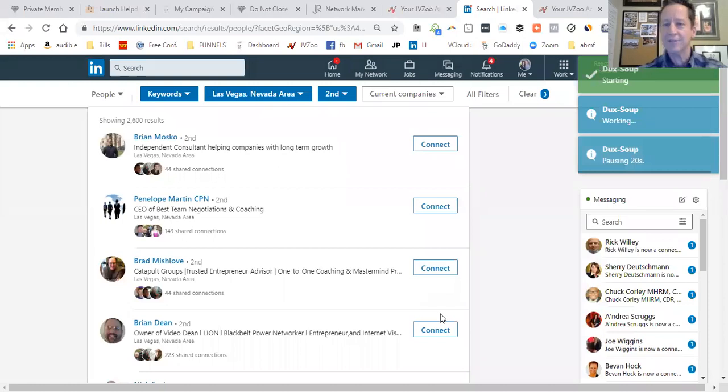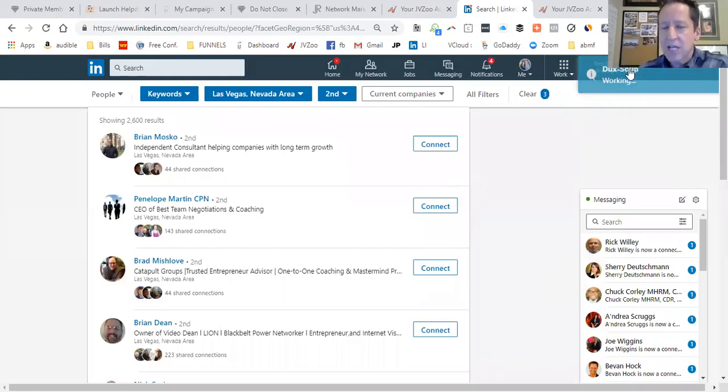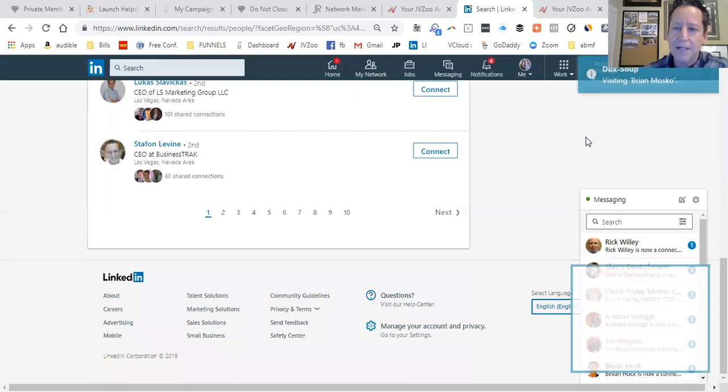And so now you're going to see up here in the upper right-hand corner of the screen that the robot is now going to go to work. And so it's got incredible features built into it, you guys, which you'll see on the sales page. If you click the Get Instant Access button, you can read through all of the features, but it does things so that this thing doesn't violate any of LinkedIn's policies.